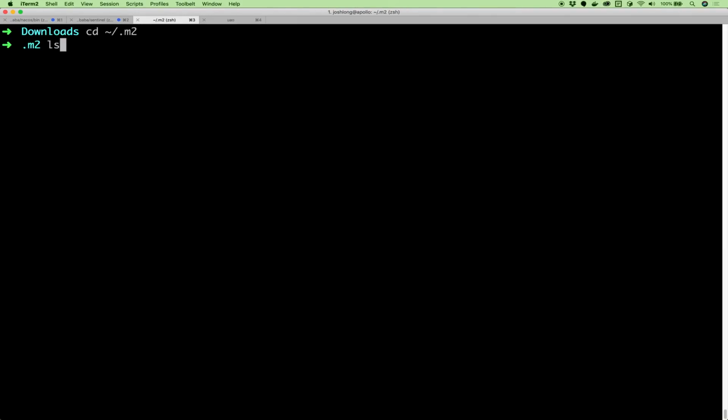You would put the settings.xml file in your Maven M2 repository, and I'll let you configure out the rest. You have to make this a mirror of central. You just say mirror of central, and the URL for Alibaba's Maven repository is the following.